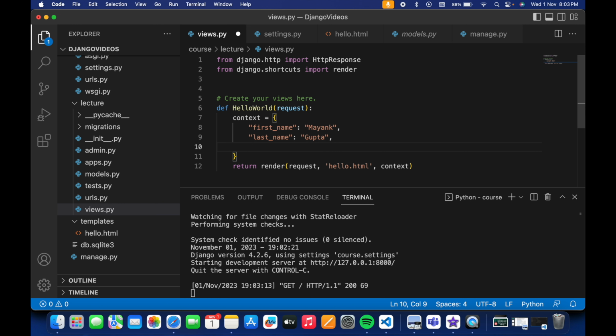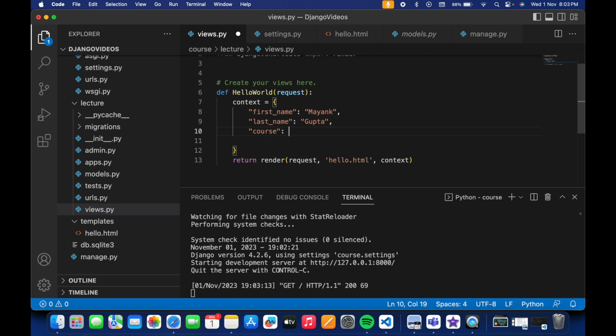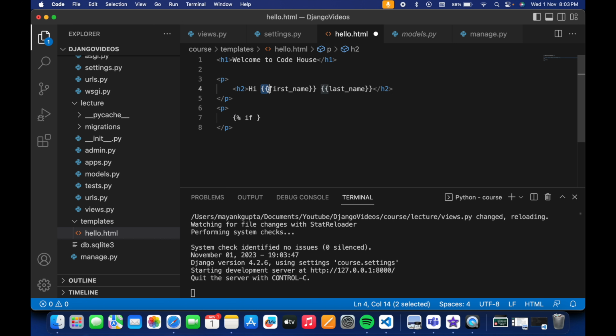Now let's see how you can use if else. Here I'm adding some message, for example course, and suppose I'm adding it as Django. Now I'm adding another paragraph tag. The two curly braces are used to print, but the curly brace with a percentage operator is used to perform some operations. So